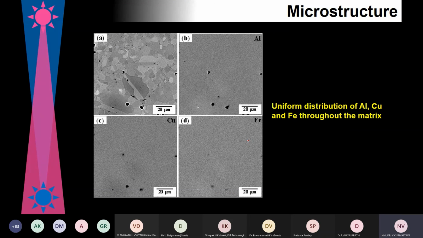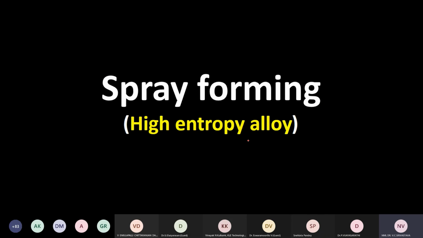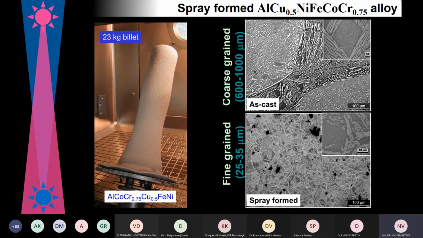Okay. Now this is the last material, high entropy alloy. We used spray forming to deposit around 20 kg, 23 kg of billet here by spray forming. This is the first time we made such a big billet by spray forming. Before that, to the best of my knowledge, nobody did try to make high entropy alloy by spray forming. And this is the coarse grained